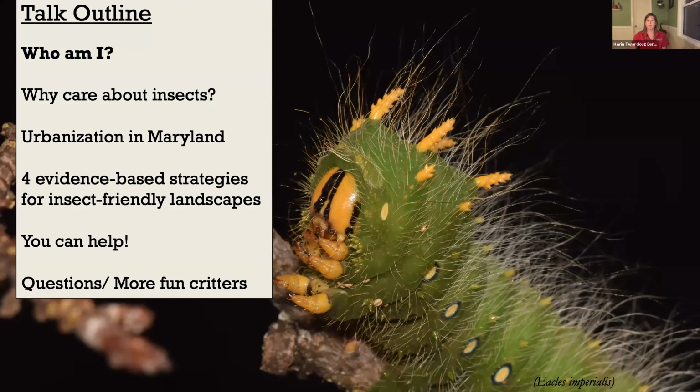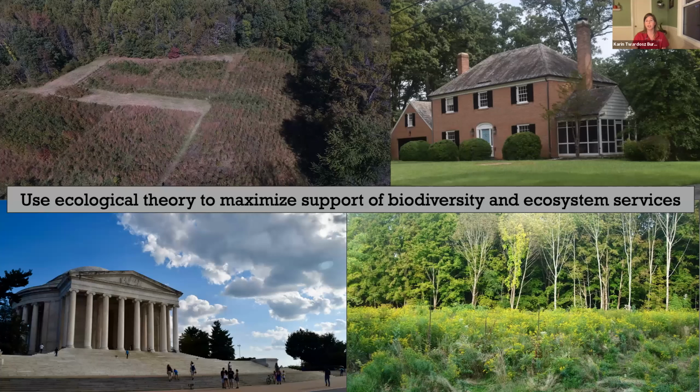All right, so who's this person who's chattering on about insects on the internet that you've happened across? I basically am a broadly trained community ecologist. I've spent a decent amount of time thinking about how we can support insects and other critters in human-dominated landscapes. Some people might say that landscapes like these that I've shown on the right, people's yards, managed forests, old fields, are unnatural landscapes because we actively manage them as humans.